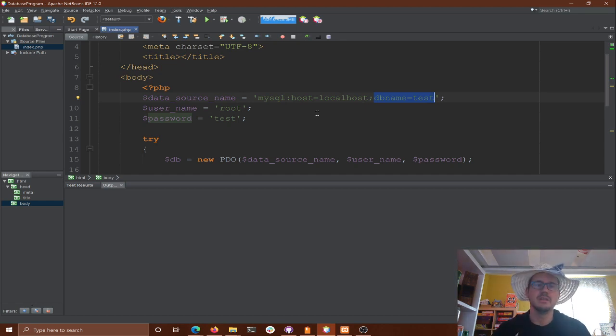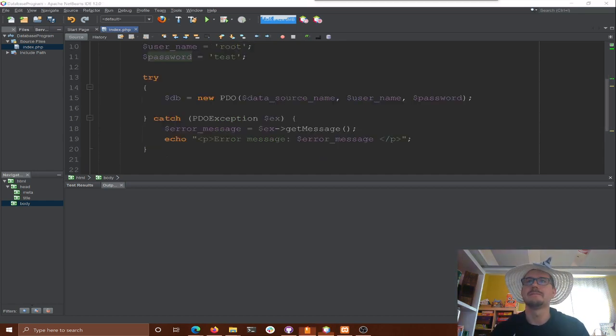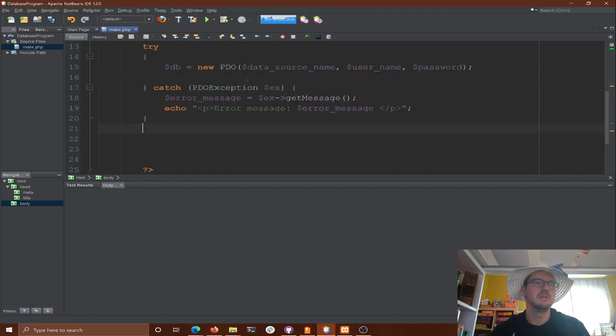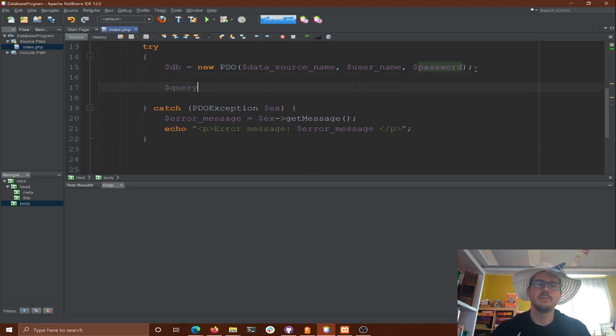Now that we're connected, we can do some fun stuff. We can send queries to the database. I'm going to leave all of that inside the try block because bad stuff could happen when I do queries, and it will just catch the exception for me. Maybe we could start another try block, but I think it's all fine to put in one try block. So here's my query, and I know I have a stocks table, so I want to select star from stocks.